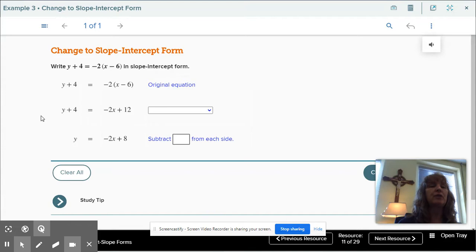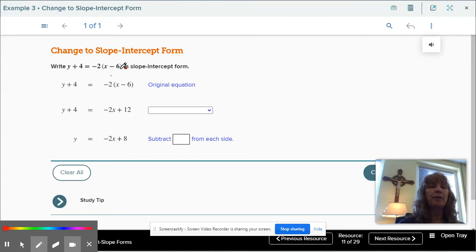Now they've given you this equation in what you just learned, which is point slope form. This is the equation in point slope form, and they want you to put this equation into slope-intercept form. Hopefully you remember that slope-intercept form is always y equals something, and now it's just a matter of moving things. So here's your original equation, which they just rewrote, and then they want you to